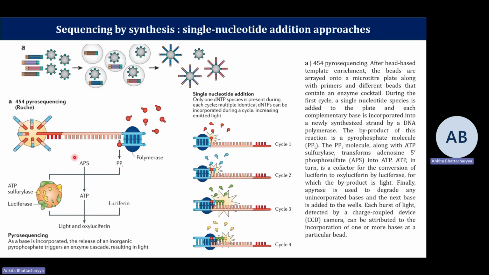So APS is taken up as a substrate, adenosine 5' phosphosulfate, and is converted into ATP, adenosine triphosphate, which in turn is a cofactor for the conversion of luciferin to oxyluciferin. So basically what you see here is that when there is base incorporation, PPi is released. When PPi is released, it converts APS to ATP, and when ATP is present, it acts as a cofactor of